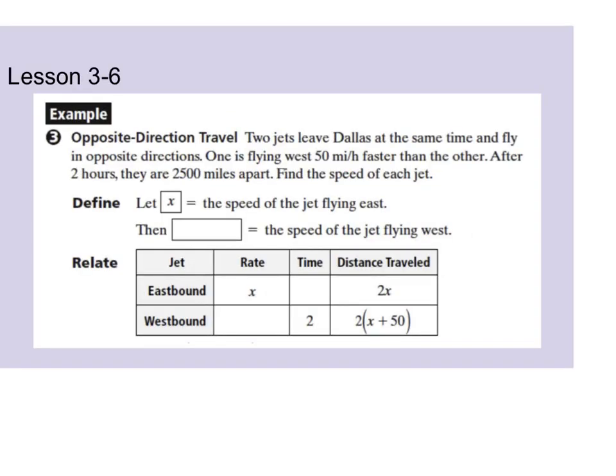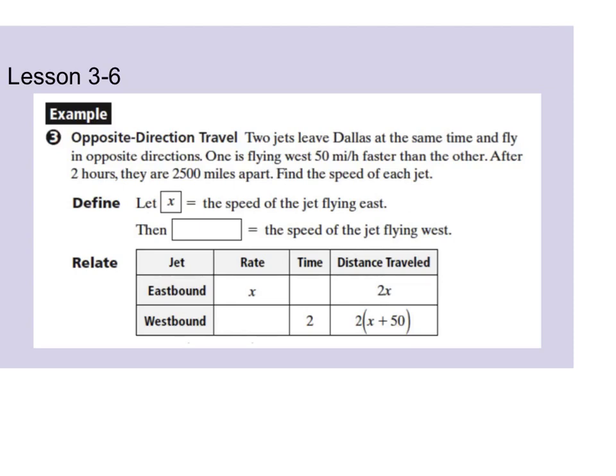Okay, in our final example here, we have airplanes, again, jets, leaving, but they're traveling in opposite directions. Okay, so they're going in opposite directions here. So this is a little different than that, but we can still set up a distance, rate, and time table. We just have to understand that their distances aren't going to be equal like they were